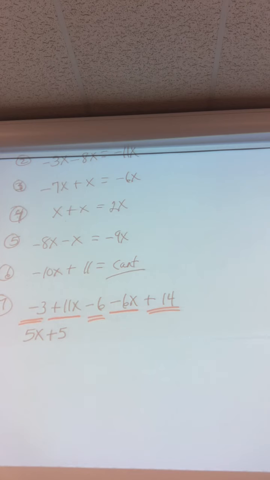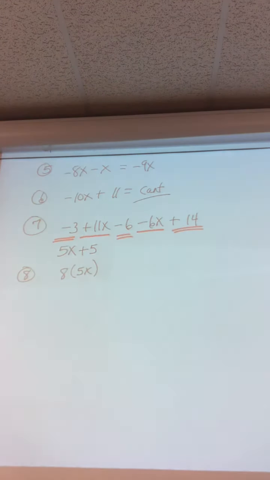All right, now let's throw in some multiplying. 8 times 5x. Notice I said times. 8 times 5x. Can I multiply these together? Yes, I can. 8 times 5x is simply 40x. Now, 8 times 5 plus x. Now I have one